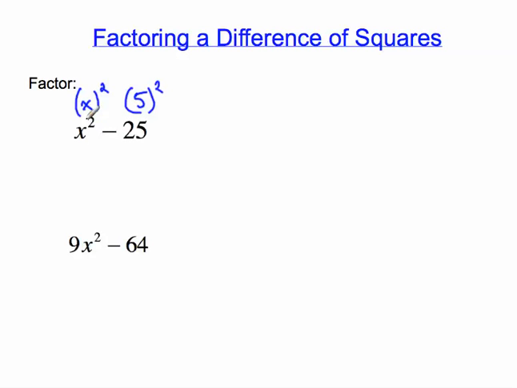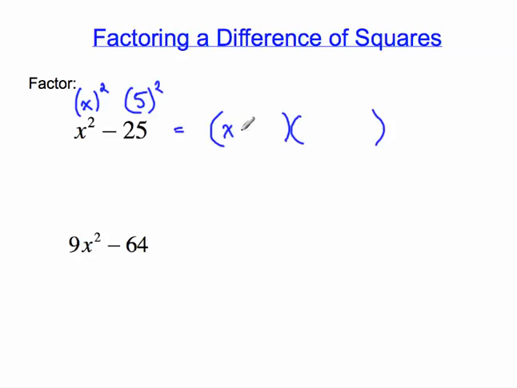The first number has to be a perfect square, the second number has to be a perfect square, and there has to be a minus sign in between them. We can't do it if it's a plus. Now, once you've identified that it's a difference of squares, and you've identified what the square roots are, you're almost done. To factor a difference of squares, the pattern is you take the positive square root of the first number,